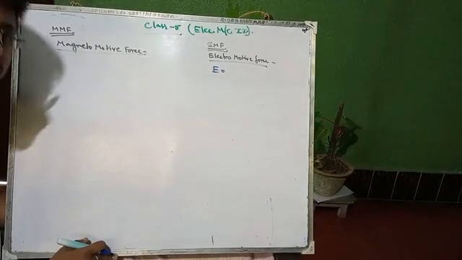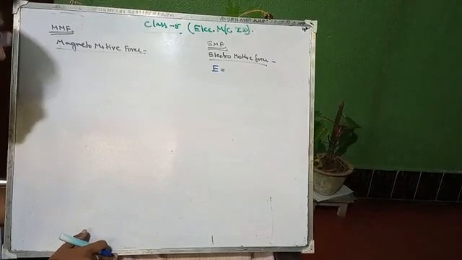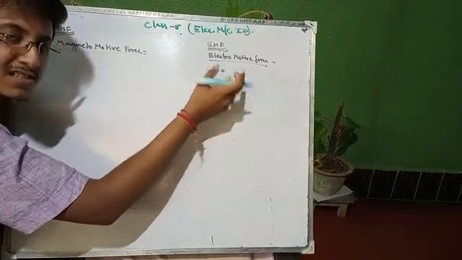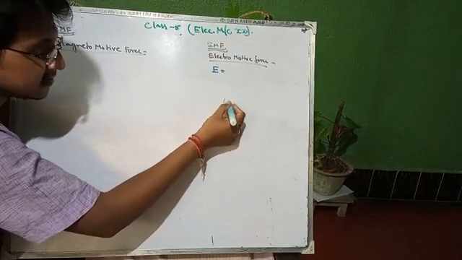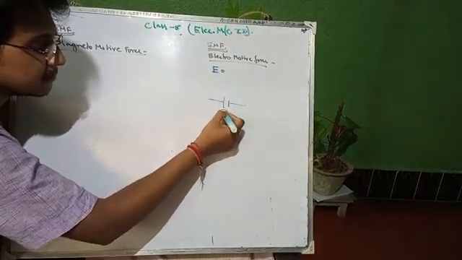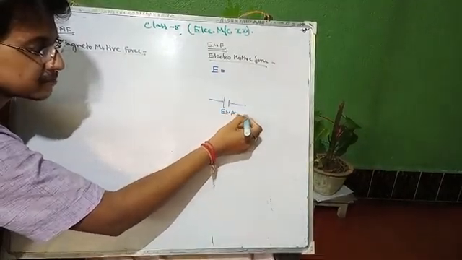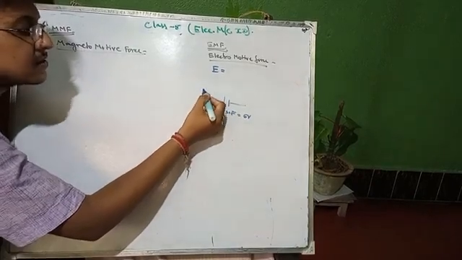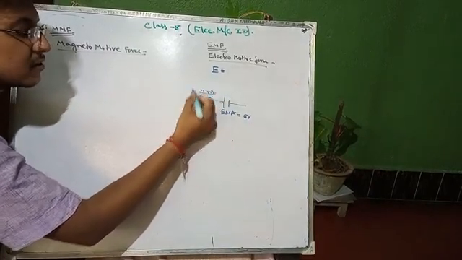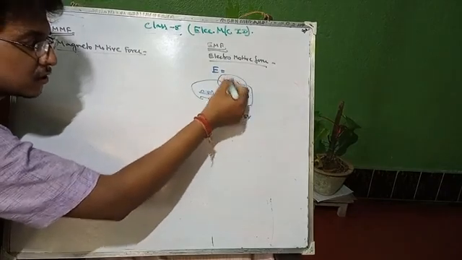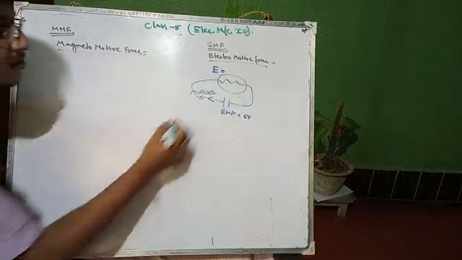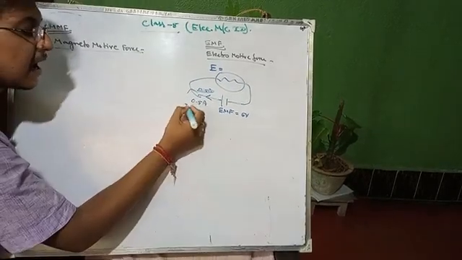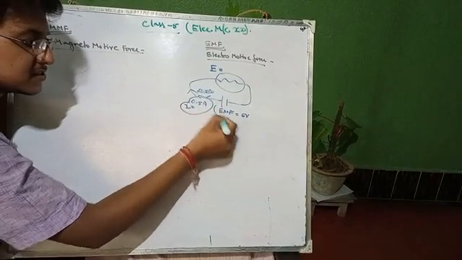Which is due to the flow of electric current. So electromotive force is an effect which produces electric current, right? A battery has some EMF. We know a very simple battery has some EMF, suppose 5 volt. This 5 volt is able to send a current of, suppose, 0.5 ampere, or whatever the load connected over here. The load predicts the amount of current. Suppose we are taking 0.5 ampere. So the current I is produced by this EMF.